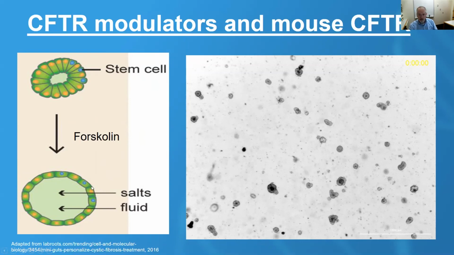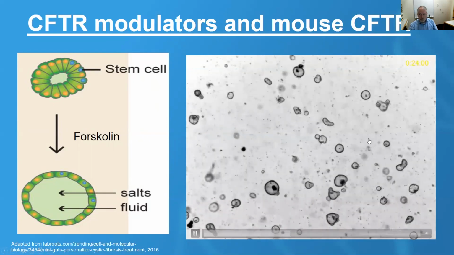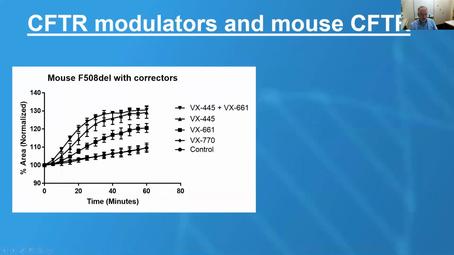can be observed. The use of these organoids to test CFTR function was really pioneered by Jeff Beekman's group in the Netherlands. Here's an example of wild-type intestinal organoids with forskolin added. You can see that almost all the organoids swell in a short period of time. We can measure how much all of these organoids swell in a field of view. And when you do that, you get a figure like this, where you can look at percent area normalized